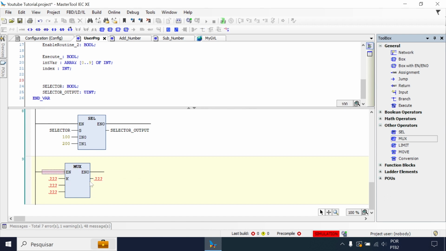So basically what this block does, it's pretty similar to our cell block, which I can assign a value to my output based on the value of my key parameter. So this key parameter can be any type, it can be int, it can be word, it can be real. Let's create a variable called selector